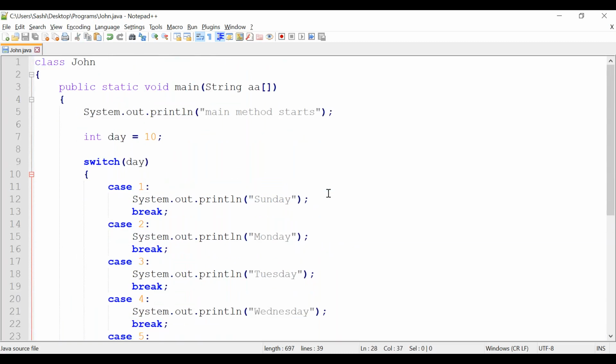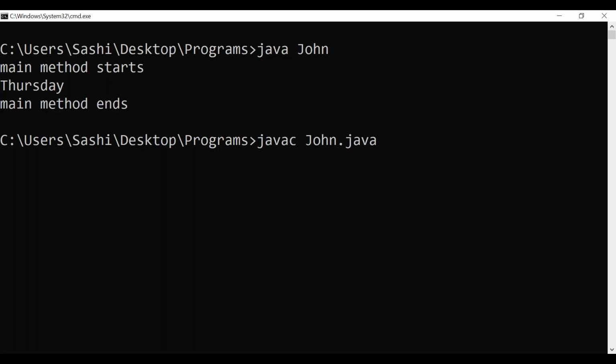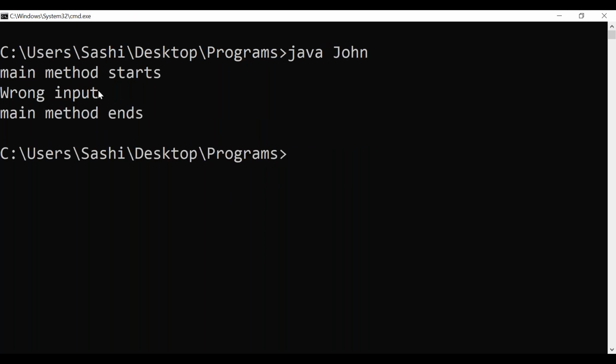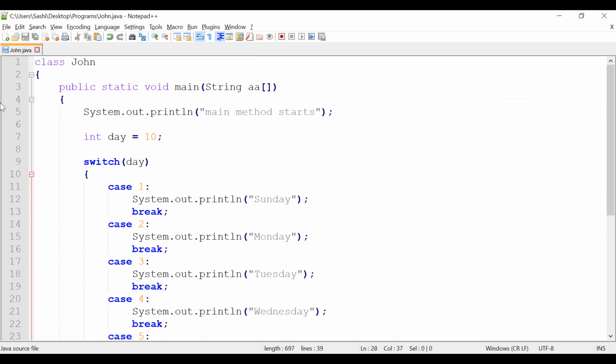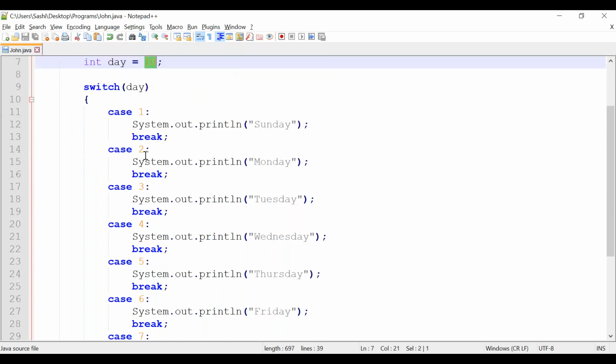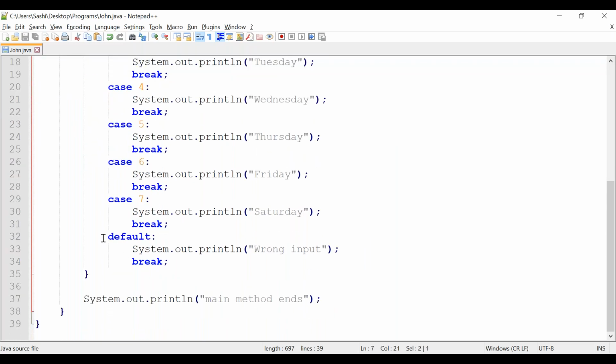Okay, let's rerun this class. See here, there is no 10 output, right? There is no 10th day. So it checked line by line, then it executed the default statement. After executing that, it came out.